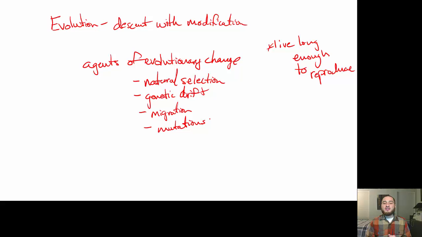So there are errors in the DNA code, and since DNA is going to affect the amino acids that are put together, affect the proteins, that affects the trait. So if there's a change in the DNA, that could lead to a change in a trait. And if it's bad, it's not going to help them. But if that mutation helps, they're going to live longer, reproduce more, pass those on to their offspring, and the offspring are going to have that trait as well. And then they can do the same. They can pass that on if it helps them in